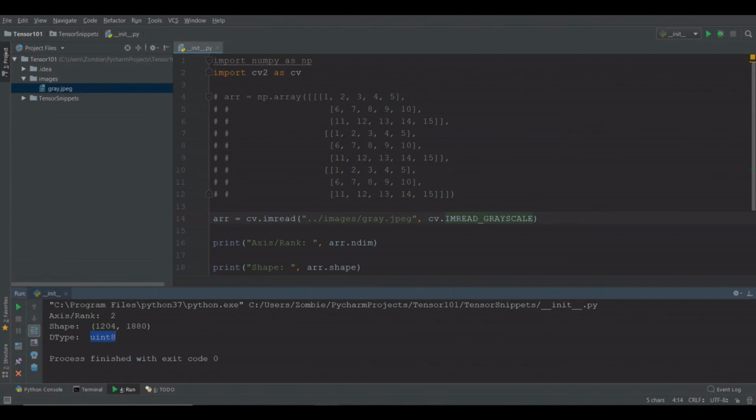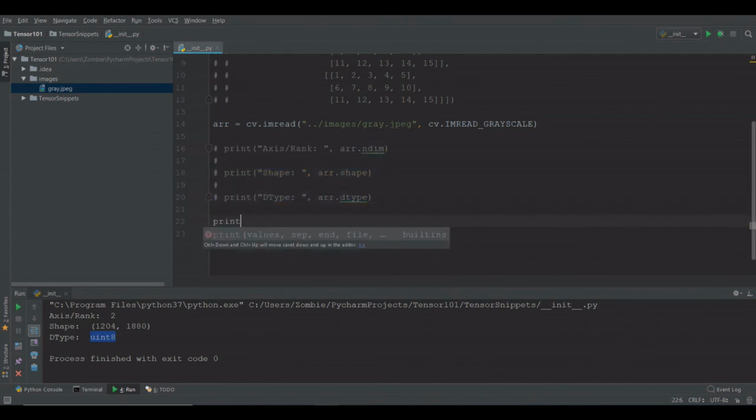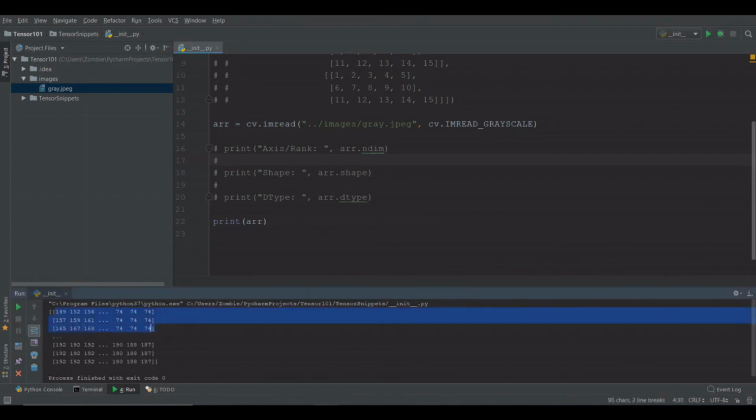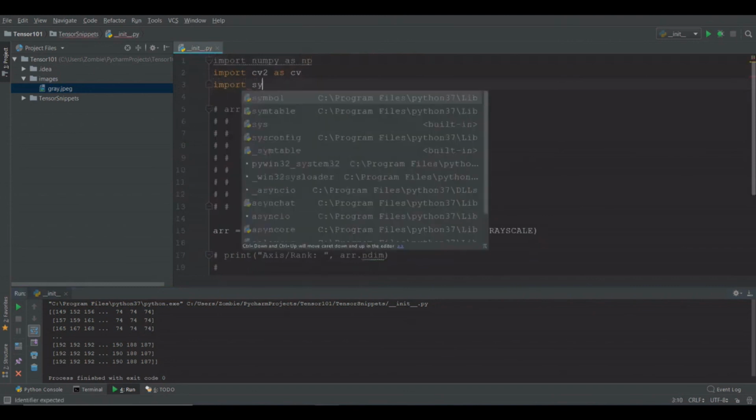We can see it by printing the tensor. Let's comment all of this and print the 2D tensor. So as you can see, all values are less than 255. Let me print the complete NumPy array by setting the print option.